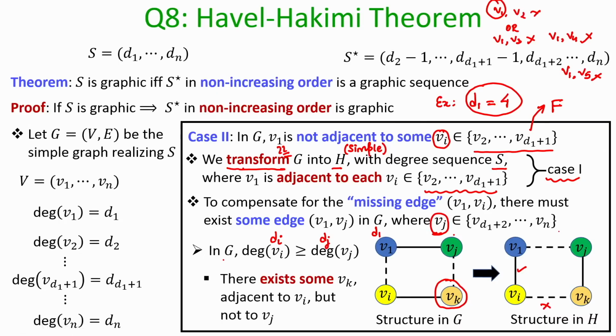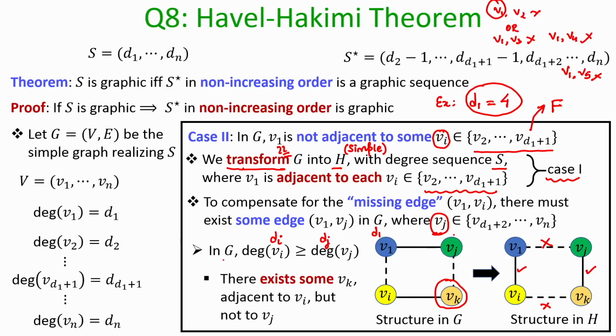and I have to take away the edge between V1 and Vj, because since I am giving a new edge to V1, the degree of V1 will get incremented, which I do not want to do. So, to compensate that, I take away the edge between V1 and Vj which was earlier there, but that will reduce the degree of Vj again, which I do not want to do, and to compensate that I add the edge between Vj and Vk.